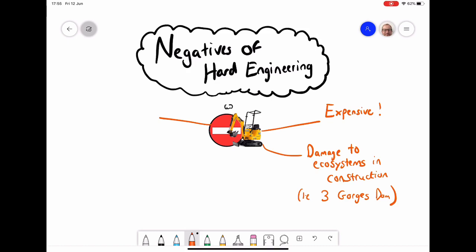Even once these structures are built, they need to be maintained. They can't just look after themselves. And we've had examples where flood defences haven't been maintained. A good example was in New Orleans, on the Mississippi, where the levees weren't maintained, and when Hurricane Katrina came,